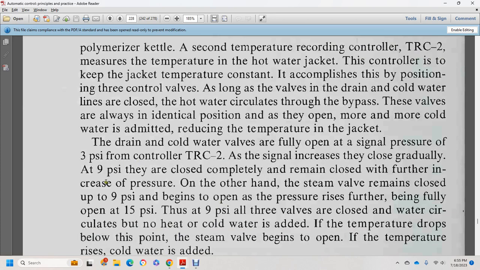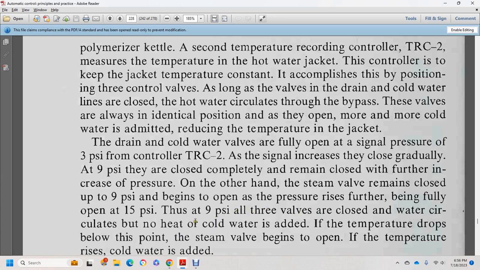2 psi signal increase, the valve closes gradually. At 9 psi, the valve is completely closed and remains closed with further increase of the pressure. On the other hand, the steam valve remains closed until 9 psi, then begins to open as the pressure rises further, being fully open at 12 psi, with 15 psi now, and thus at 9 psi all 3 valves